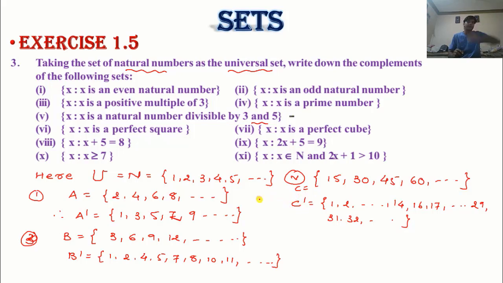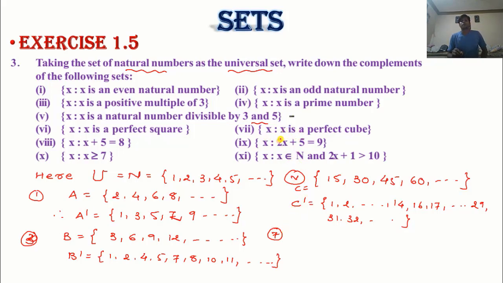Okay, suppose we calculate it. The 6th one and 7th one are similar. Here square is there while here cube is there. So see the 7th question. I am going to calculate the 7th one. Okay, 7th question. x is a perfect cube. So tell me the numbers which are perfect cubes.